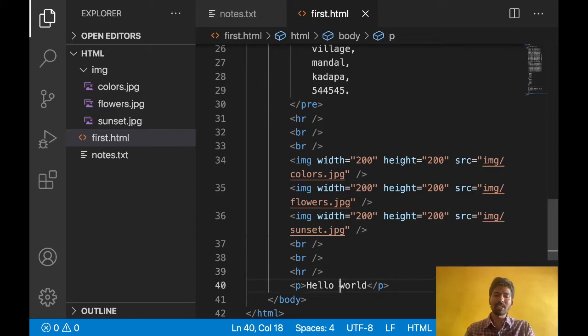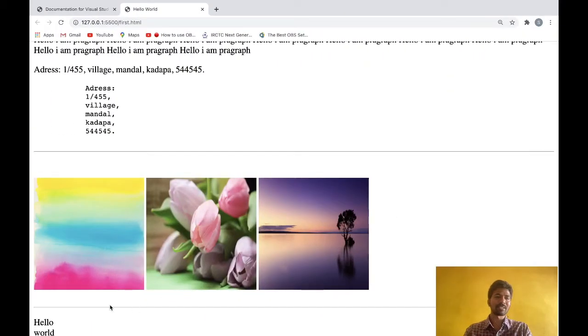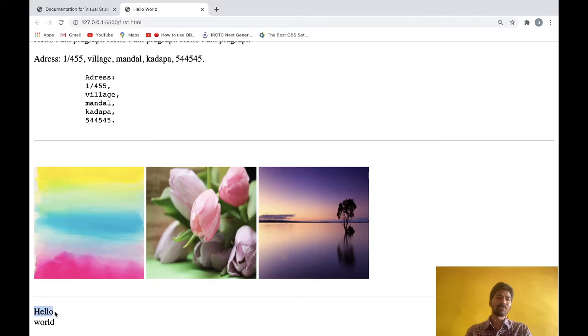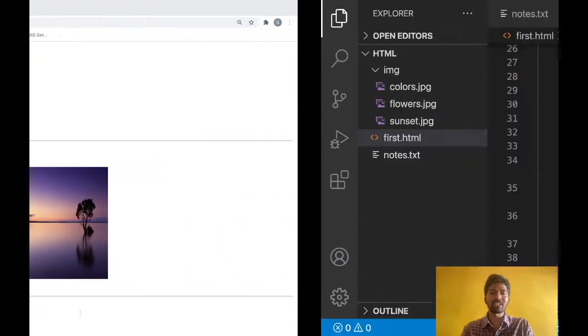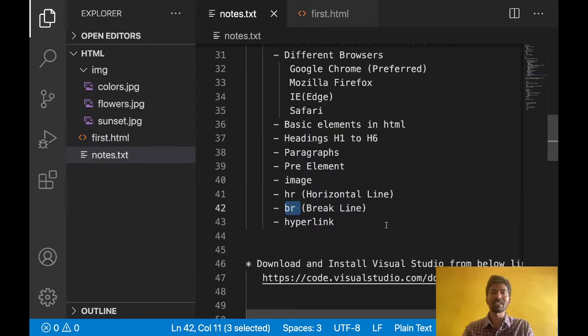So I can display it using BR. Just to close this one. So after hello it will break into a new line. Let's see how it will display now. See, after hello whatever content is there will start on a new line. If I use BR, BR means breaking line. It will break the line. The name itself says breaking line. That is about BR.